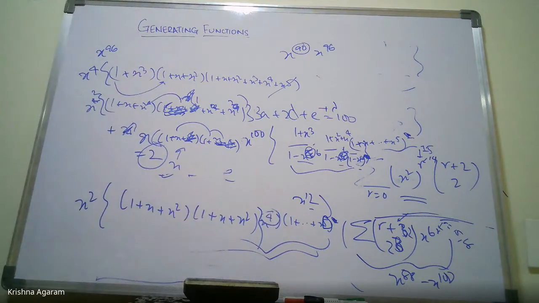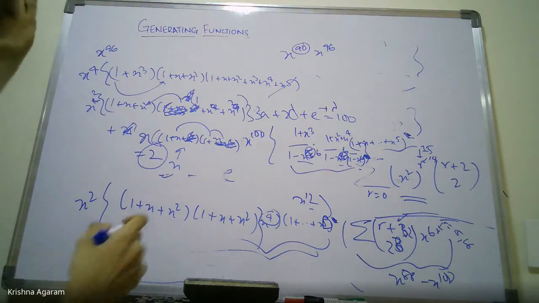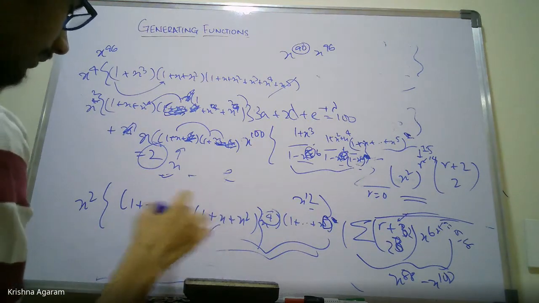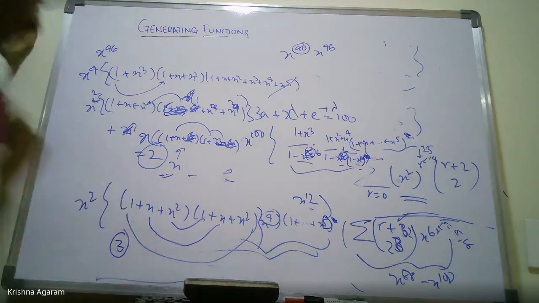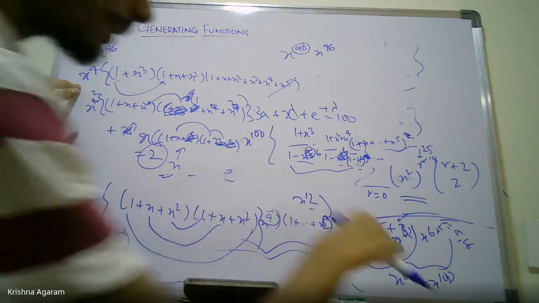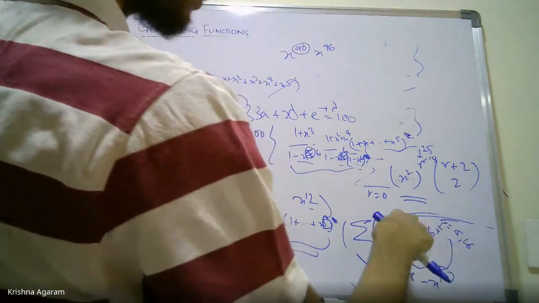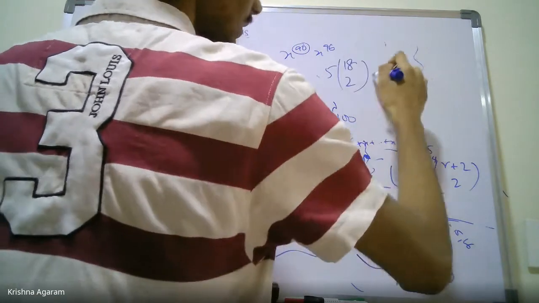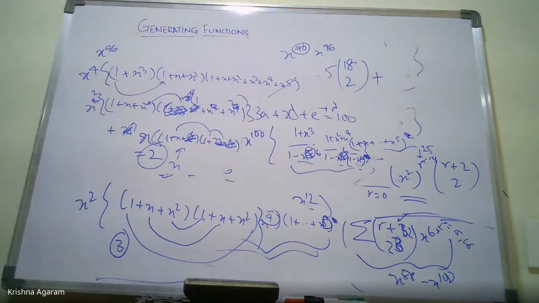Now this is just a plus b plus c whole square. There's no problem with that. So again, now you can just read off, right? There's going to be 1 from here, 1 from here, 1 from here. So 3. So 2 plus 3, 5. So 5 is the x power 4 coefficient here. Multiply that by the x power 96 coefficient here, 18 choose 2. That'll just be 5 times this. And now just add the x power 90 in a similar way. Okay. So that's basically how it goes.